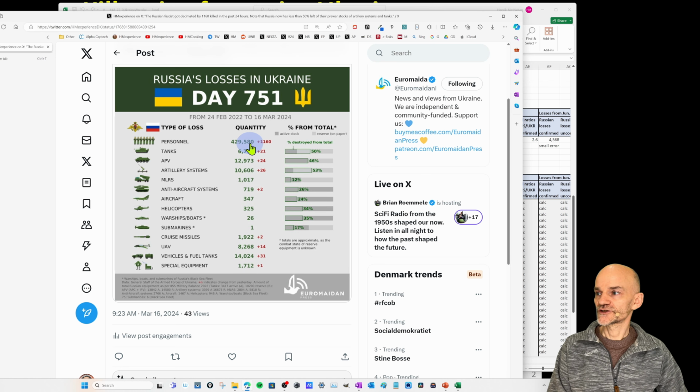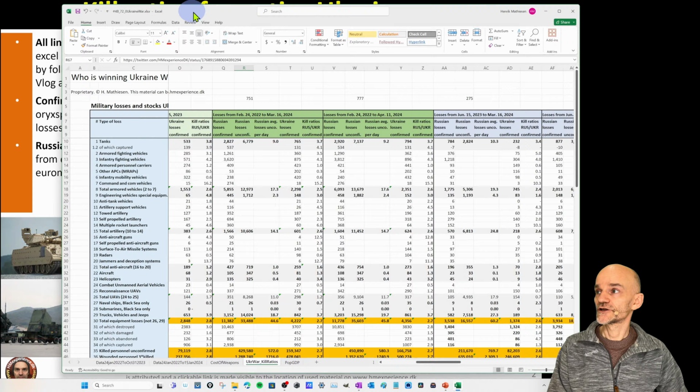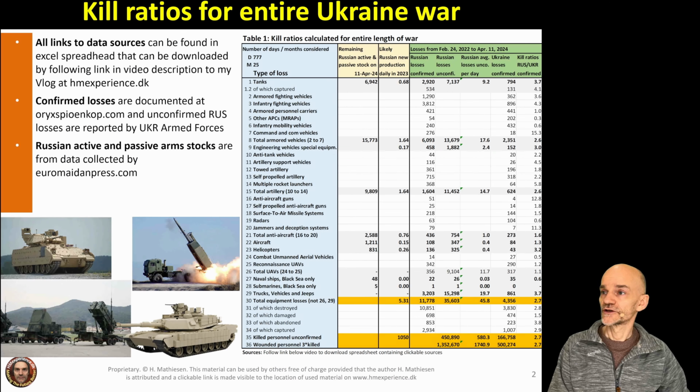Whereas the destruction of Russian equipment that is reported by the Ukrainian army looks a lot more sensible if you compare the numbers. So I kind of trust them. They're probably a little bit optimistic from the point of view of Ukraine, but I do believe that they are worth studying. And they also report the percentage of destroyed equipment from total stocks that Russia had pre-war. That's how I'm calculating the other. Let me shut this browser down, get rid of this table altogether. These remaining Russian active and passive stocks that I talked about, that's how I calculate them, because I have the pre-war stocks also from Euromaidan Press.